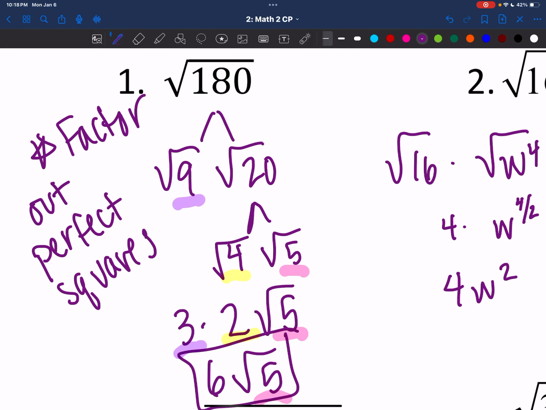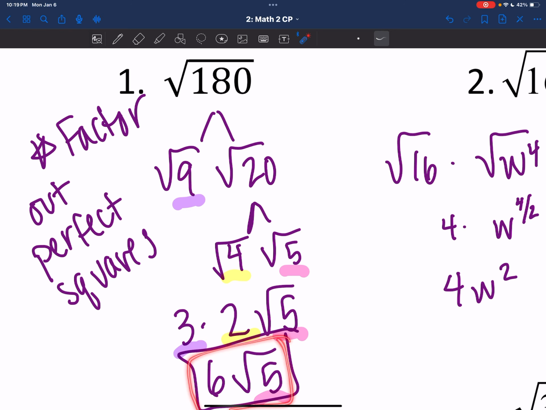So remember, whenever you're trying to simplify, you want to look for any perfect squares you can factor out. And in this case, it is a square root with an index of 2. So what I like to do is factor it with the perfect square. So I take the square root of 9 times the square root of 20. Now this is going to give you 3 because the square root of 9 is 3. But the square root of 20 isn't a perfect square, so we have to continue to factor to root 4, which is 2, and then root 5. Well, root 5 can't simplify to a perfect square,